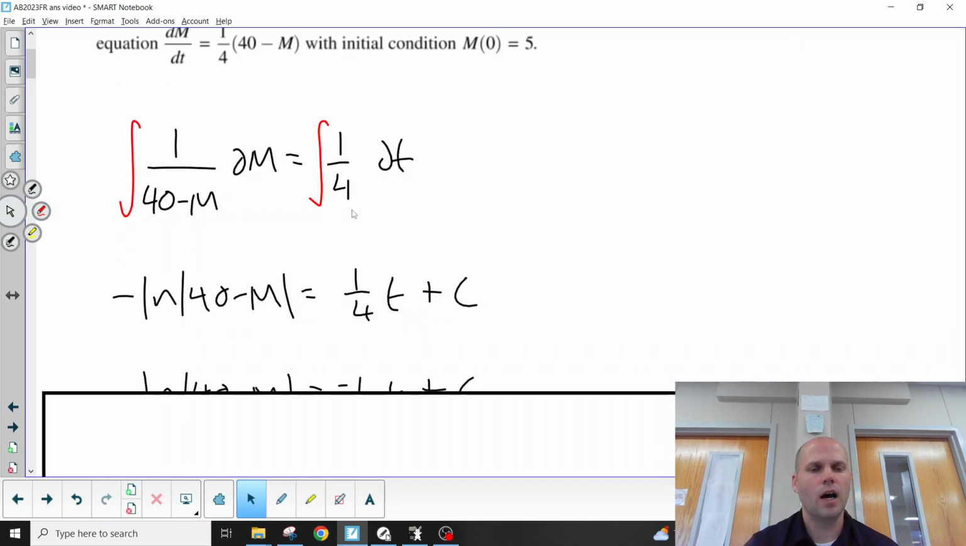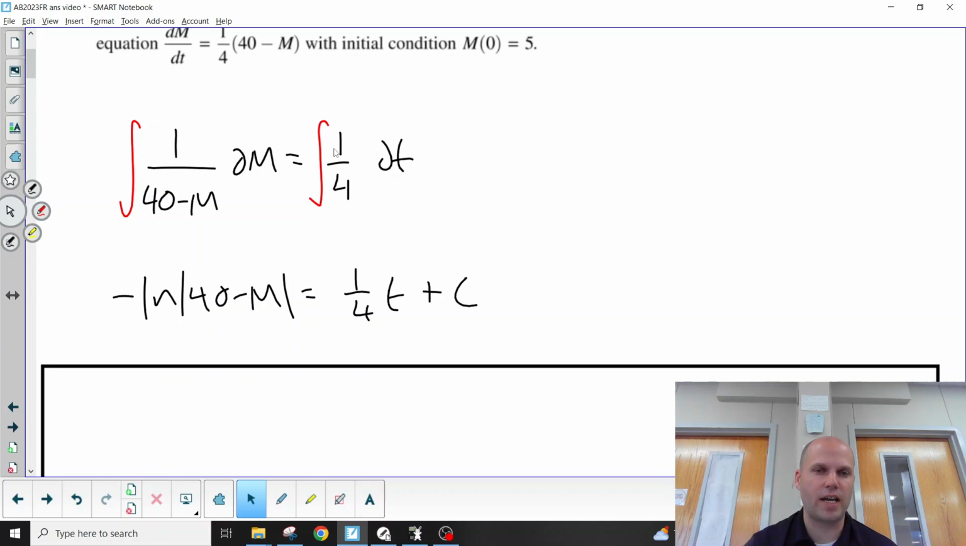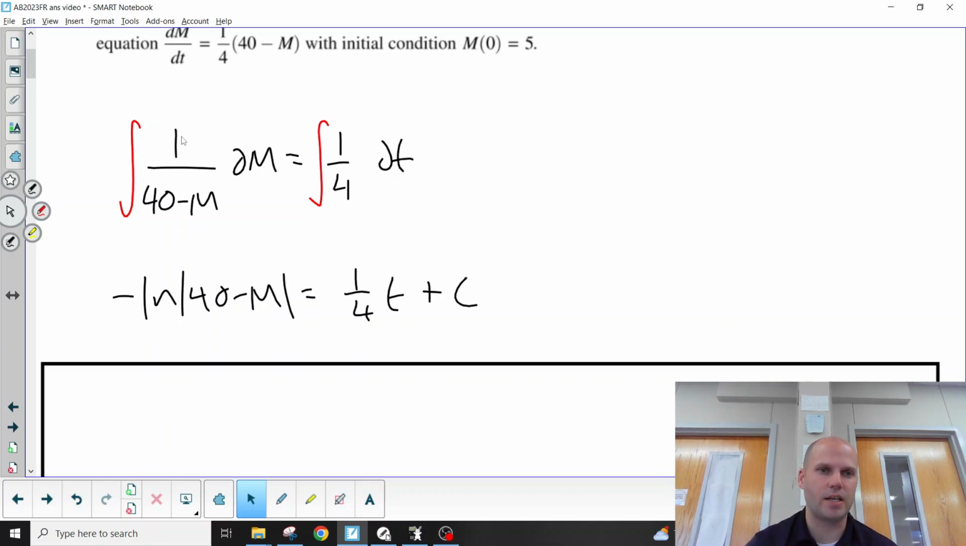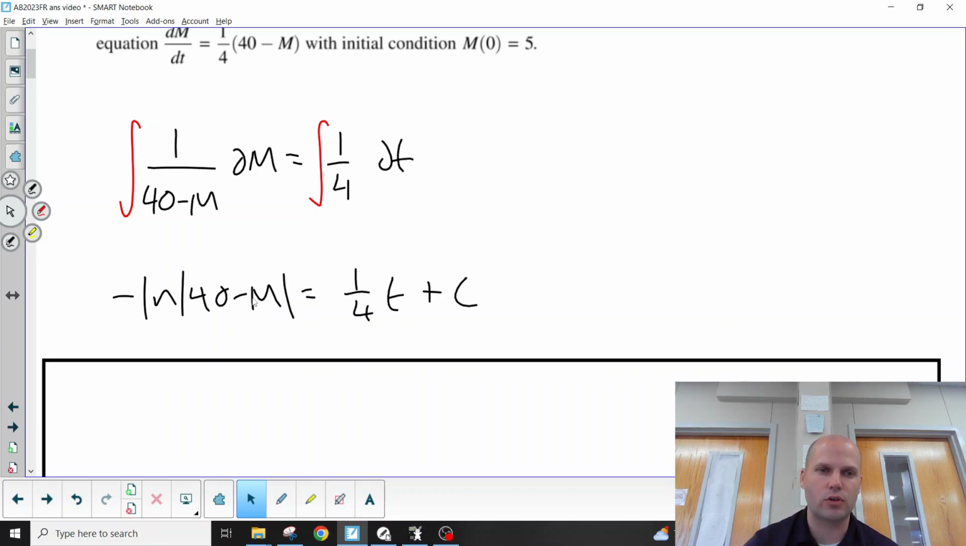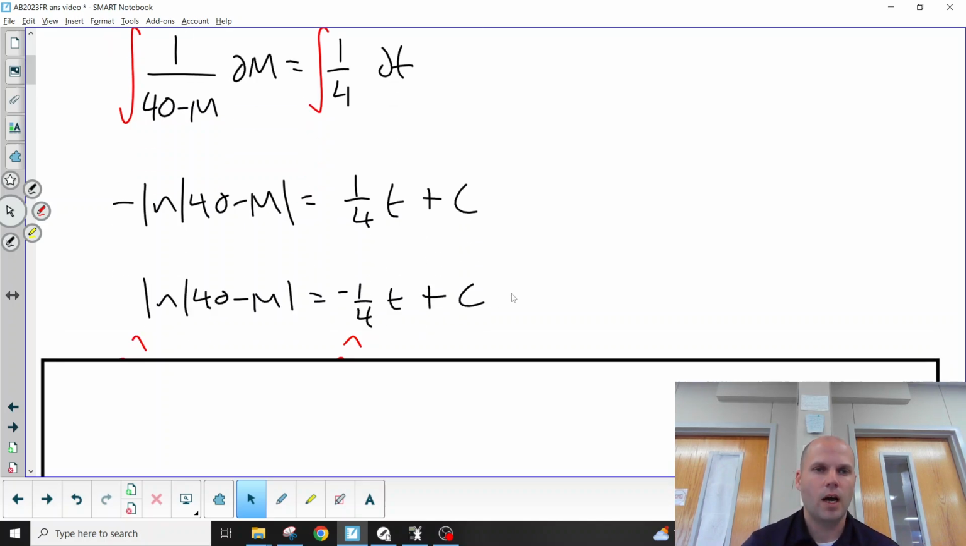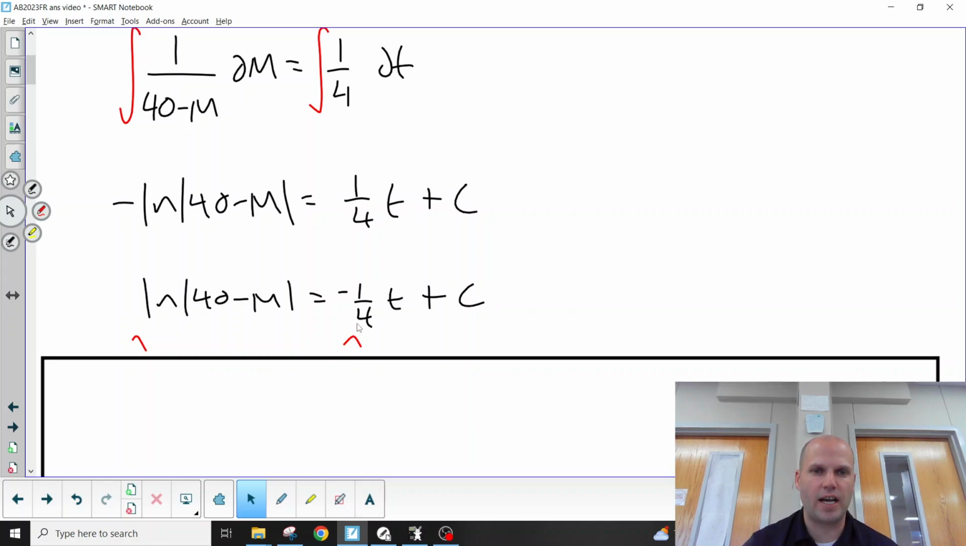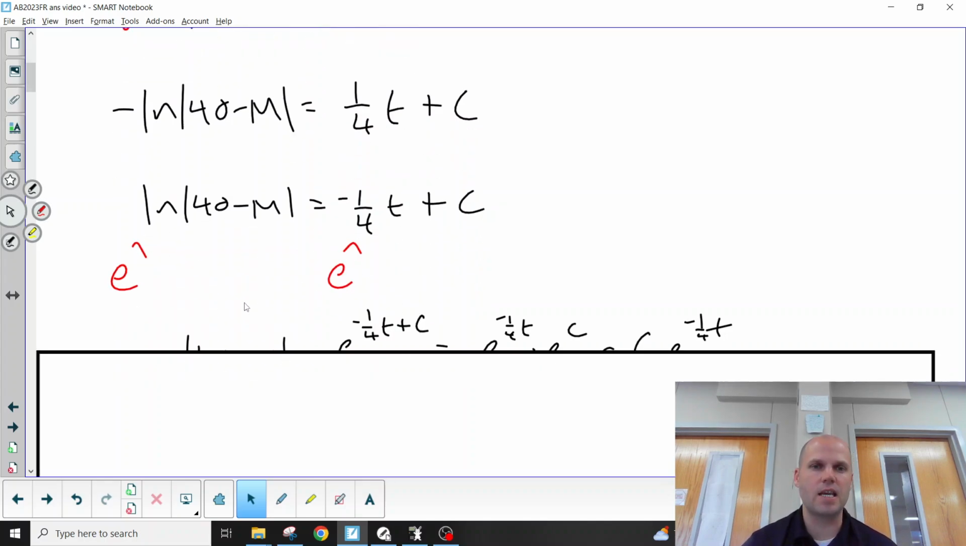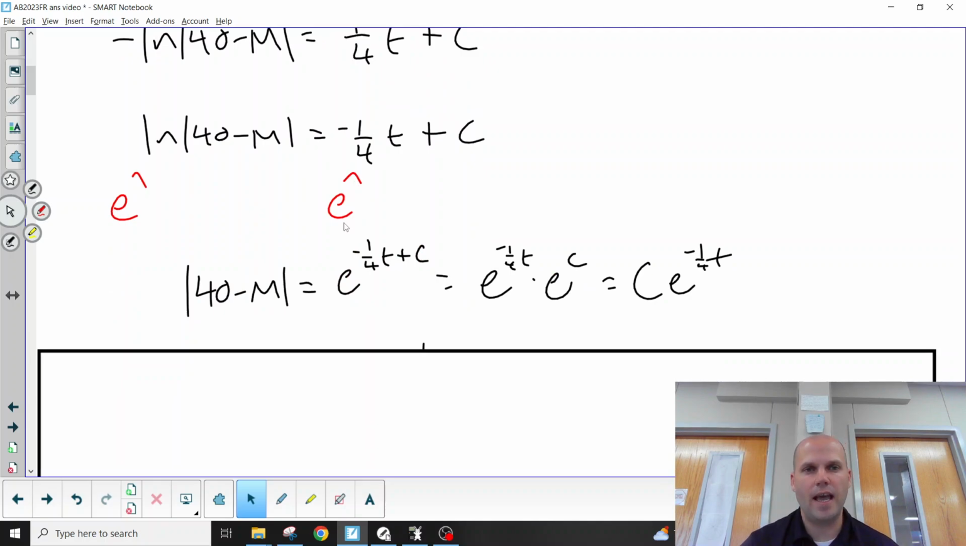We then take the antiderivative of both sides. Most people are going to mess up right here, where the antiderivative is log of 40 minus m, but you've got to undo the derivative of the inside. You need a negative in front. The antiderivative of 1/4 is 1/4 t plus c, you're probably getting that right. I'm going to take the opposite of both sides, move the negative over. I'm going to take e to the power of both sides, and this becomes e to the negative 1/4 t